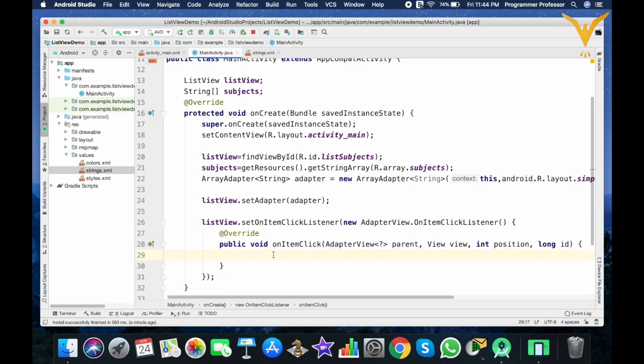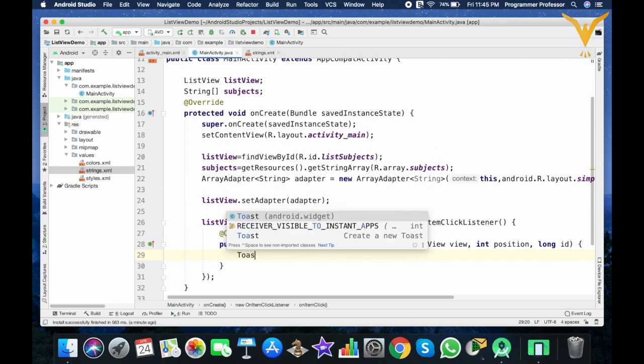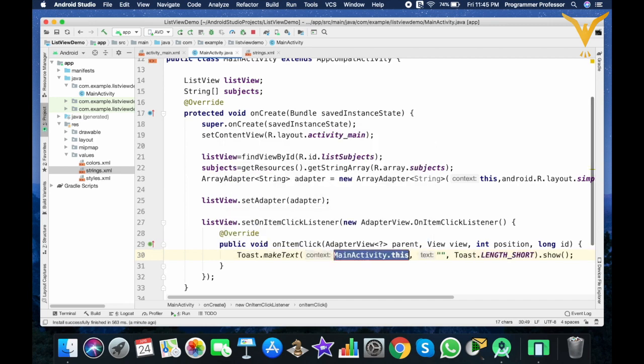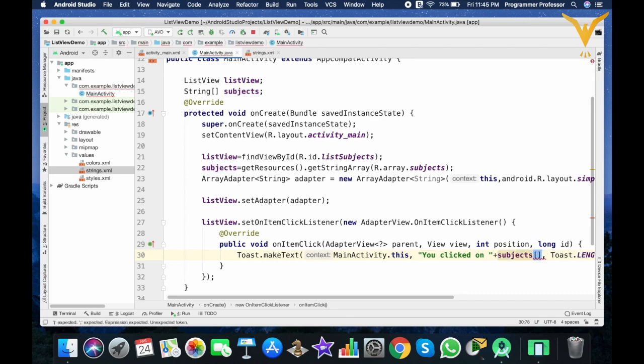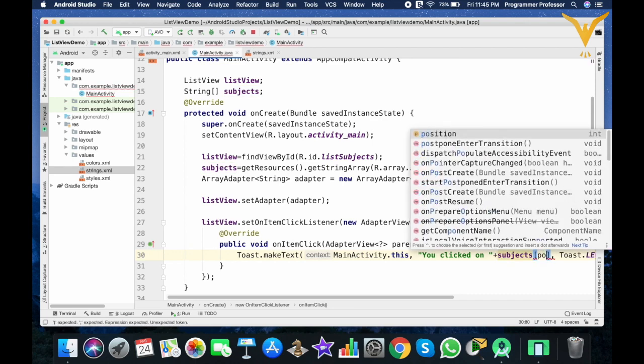Now here we will get the value from the subject array with the help of position. So let's add one toast. Here we'll write the message as you clicked on, subjects, and we'll pass the position.